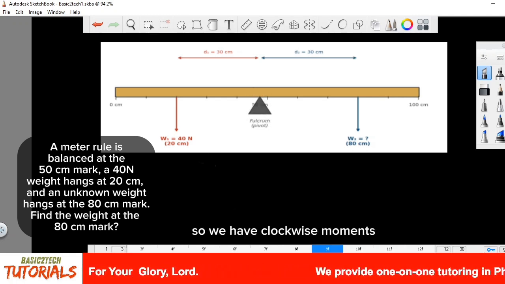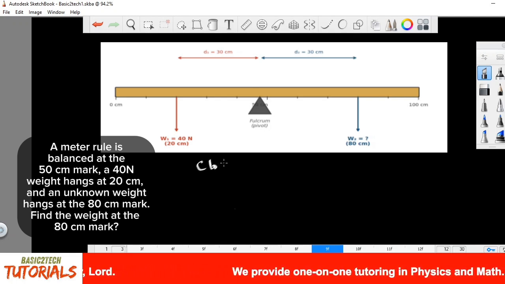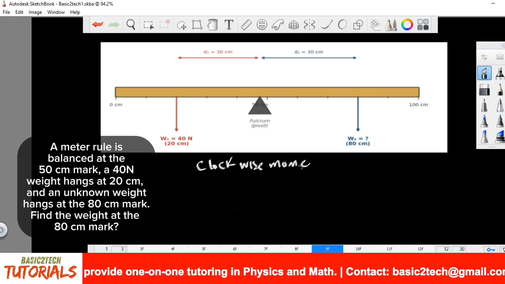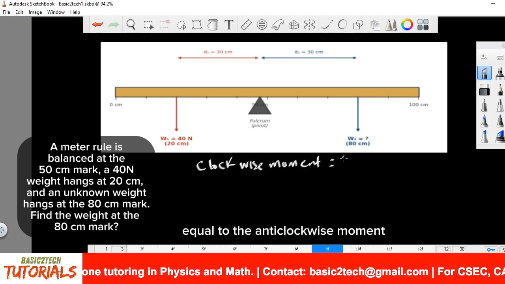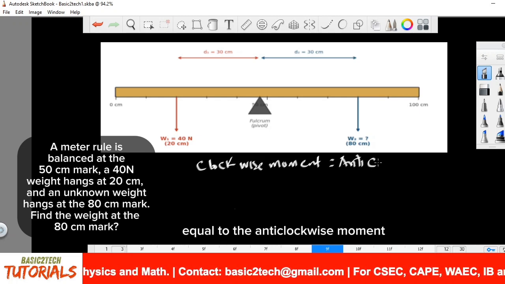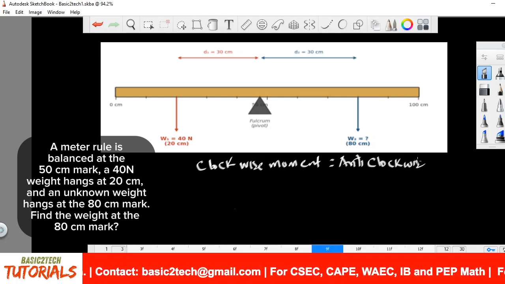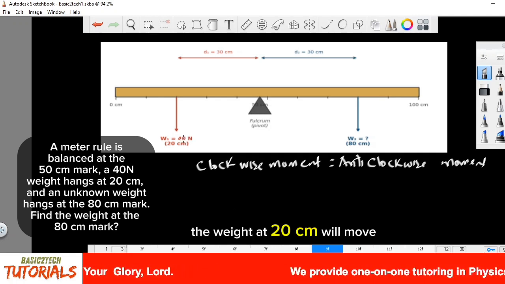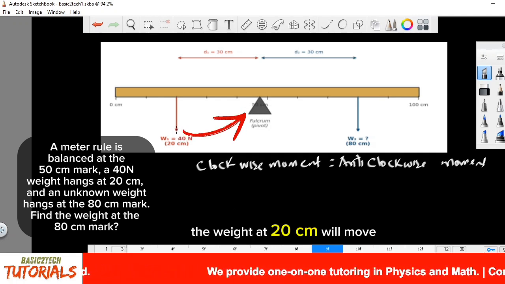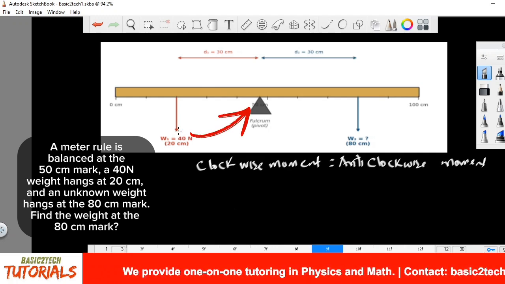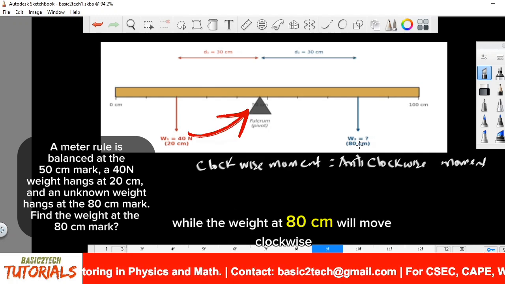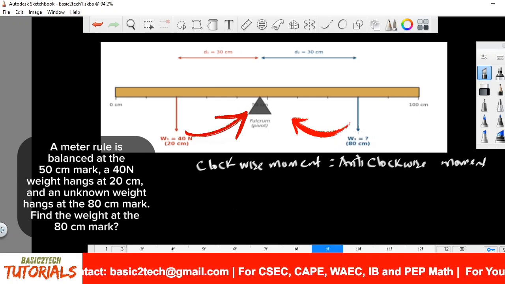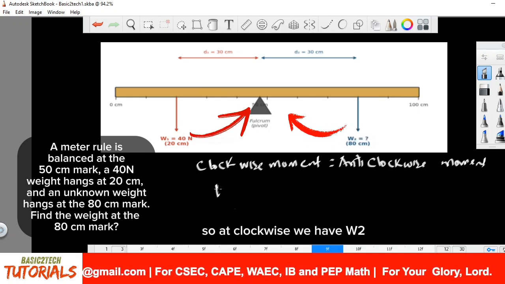So we have clockwise moments equal to the anti-clockwise moment. From our diagram, the weight at 20 cm, we move anti-clockwise to the pivot, while the weight at 80 cm will move clockwise. So as clockwise, we have the weight at 80 cm, W2